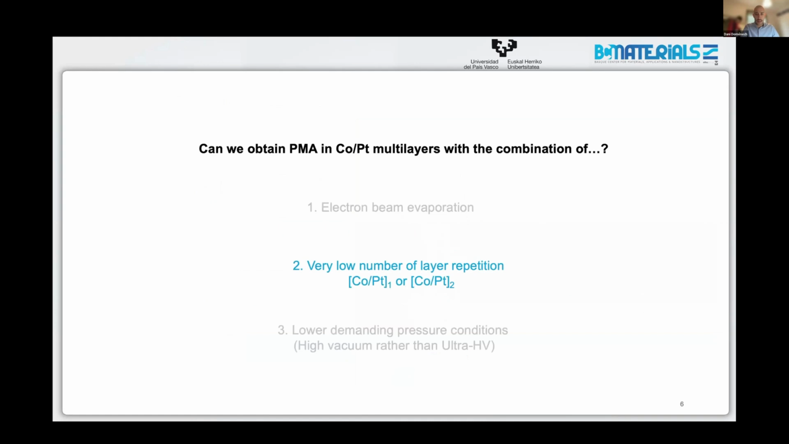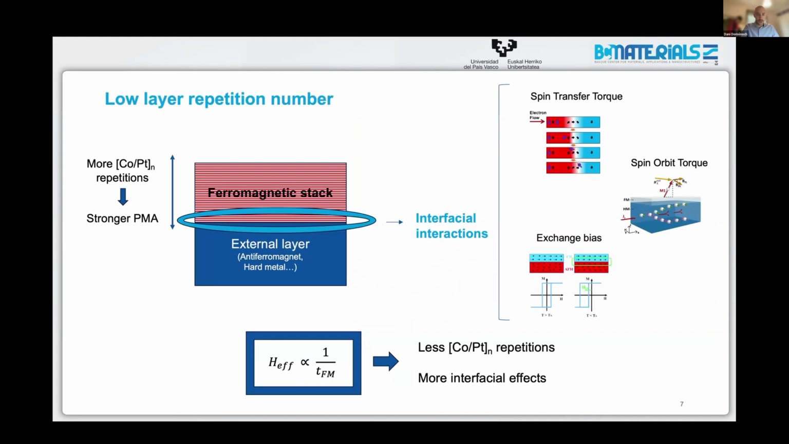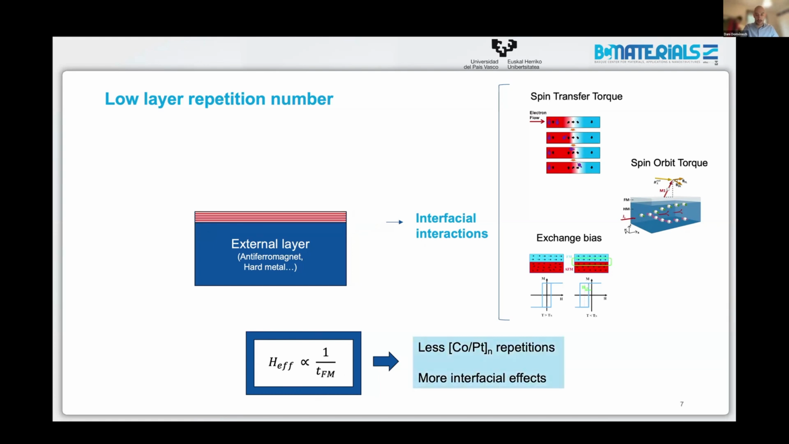Another reason to use a low number of repetitions of the cobalt platinum stack is to study interfacial interactions coming from external layers in contact with the ferromagnetic stack, such as spin transfer torques, spin orbit torques, or exchange bias. And all three interfacial interactions, its strength, its effective field, is always inversely proportional to the total thickness of the ferromagnetic material. So in order to enhance those interfacial effects, we are interested in reducing the amount of layer repetitions of the